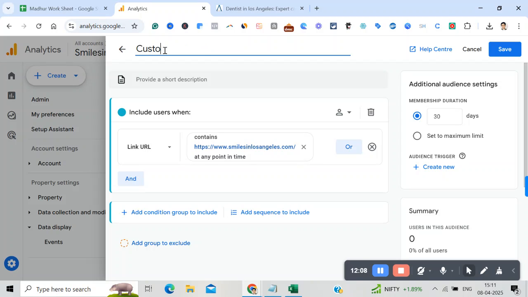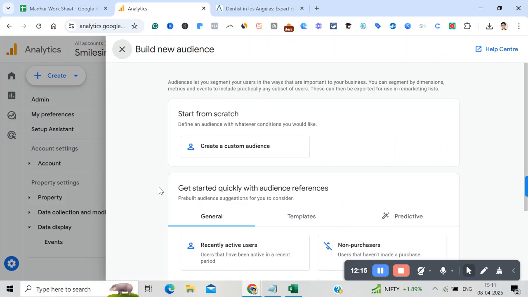I say custom audience and just click on save and you're good to go. That's it. Clear? Yeah, awesome. All right. Then once you create your custom audience, there are different options where you can create a custom audience